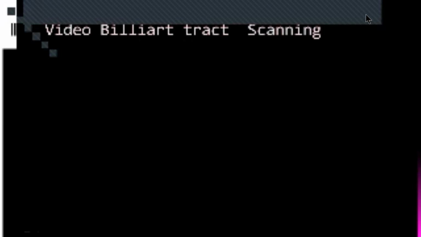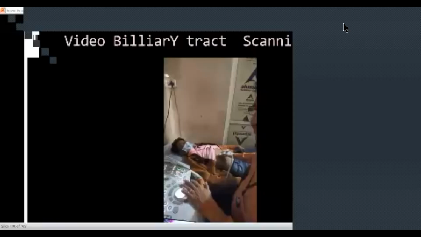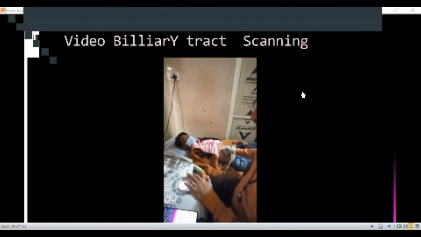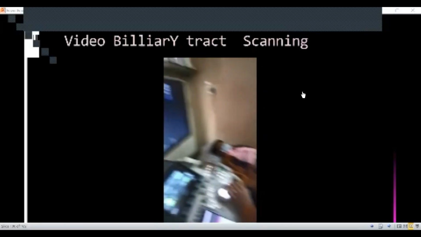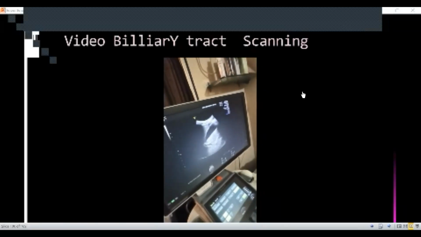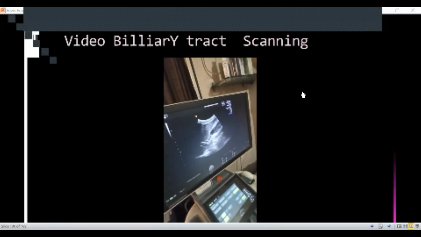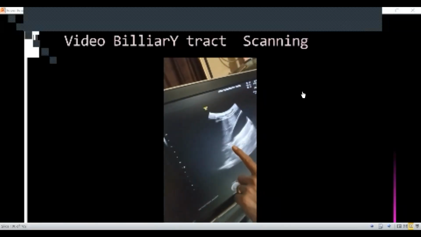We have to keep the probe on the same position and try to relocate the gallbladder lumen, that is here. Then we have to locate the neck of the gallbladder